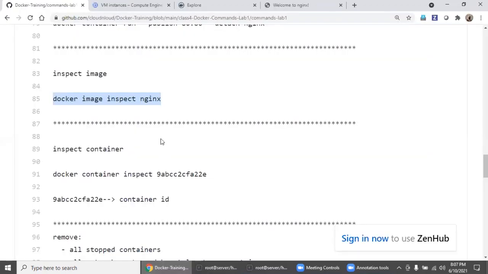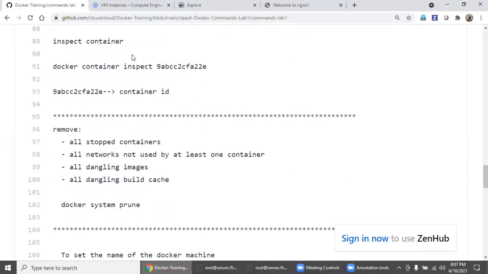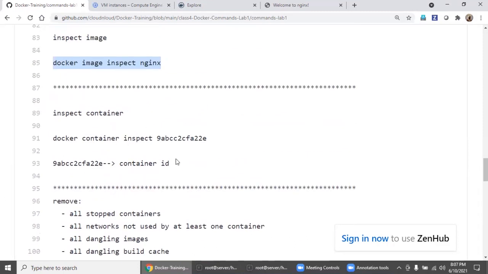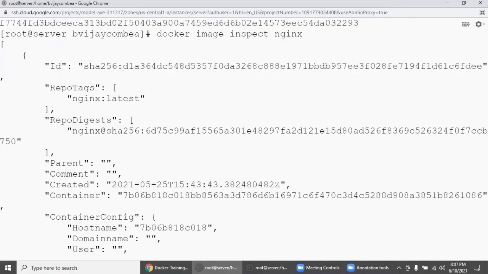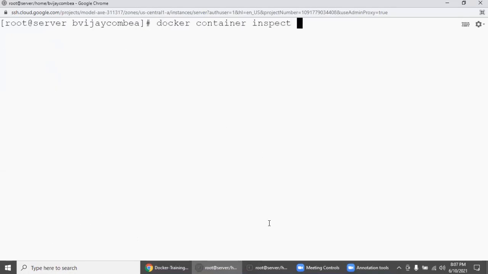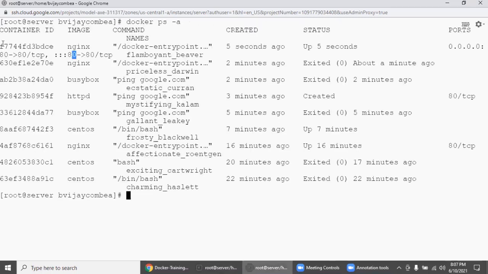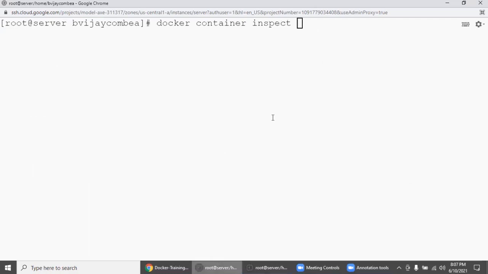And go here, inspect container. The same way you can inspect a container. The container ID will vary as part of your exercise. So, what is the container ID? I am taking one of the containers running in my environment.